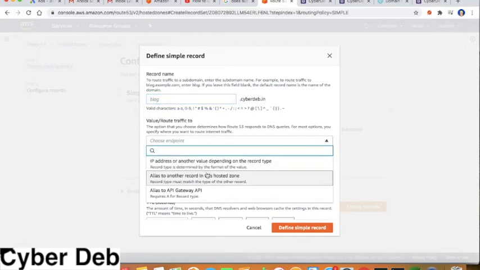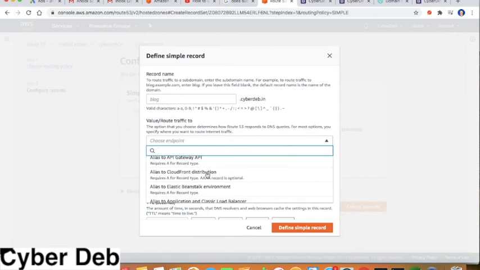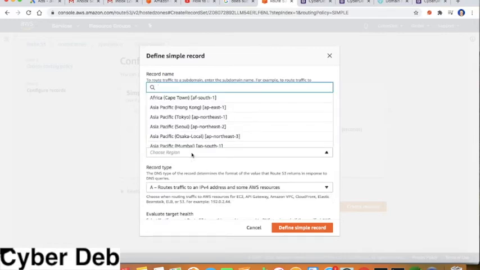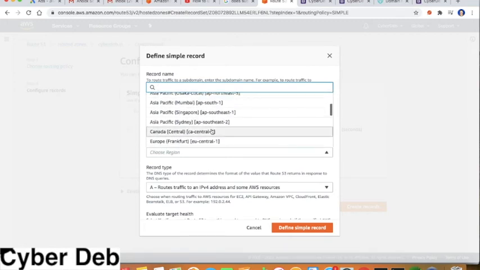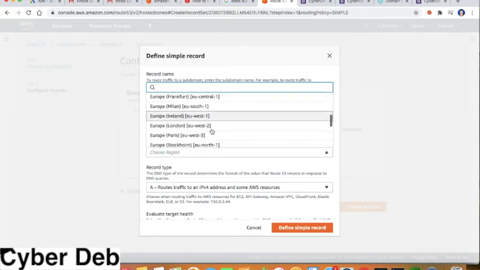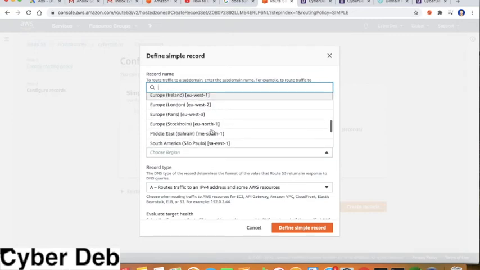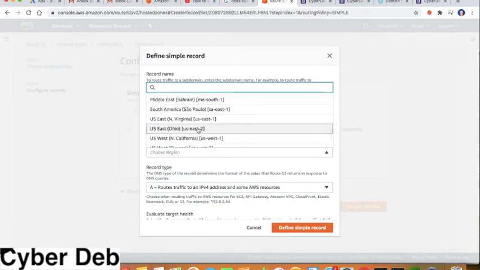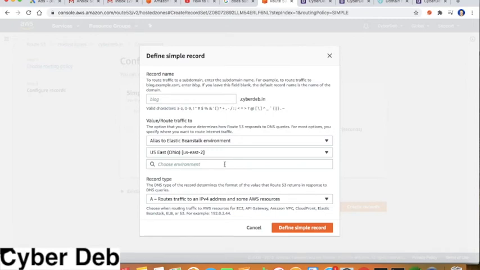So here in the second field you have to choose alias to Elastic Beanstalk environment. Then choose the zone of AWS wherever you have created the Elastic Beanstalk instance. In the last video we created the Elastic Beanstalk instance in US East 2, Ohio, if I remember properly. If you forgot, then go back and check in your Elastic Beanstalk instance.